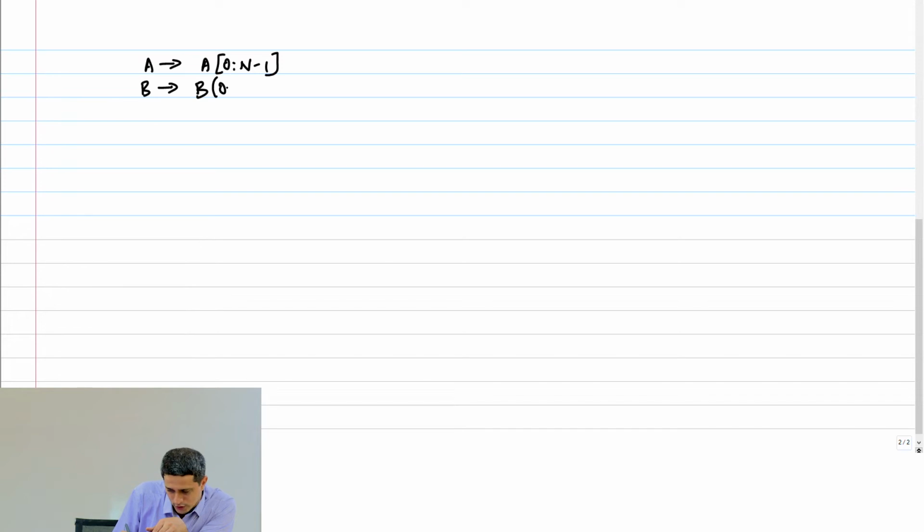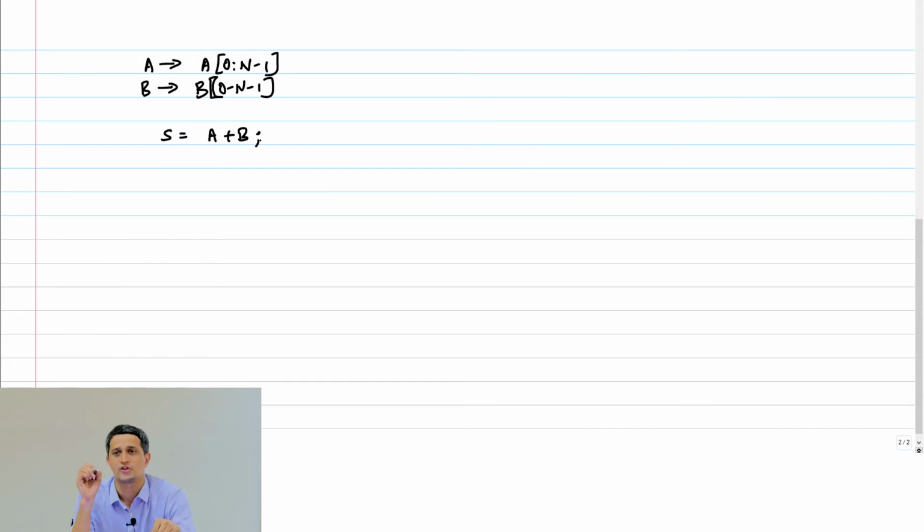In practice, we want to take this full adder and use it so that we can compute the addition of n bits at a time. So A and B are now going to be n bit vectors. A is some A of 0 to n minus 1 and B is B of 0 to n minus 1. I want to now get the sum equal to A plus B. This is not the logical OR. This is the summation, right? I want to create the sum of this and get the carry out also, because if there's an overflow, then I need to set that bit as well.